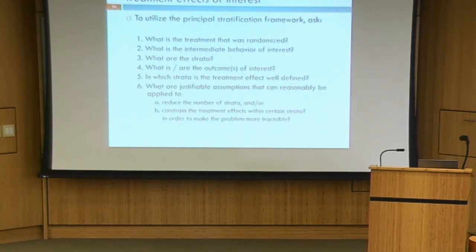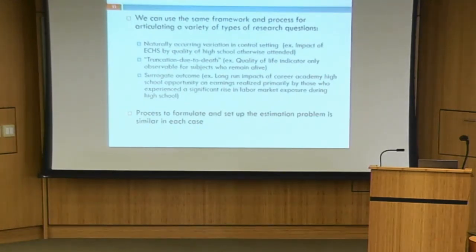Why doesn't it apply? I'm also trying to think of a difference. So a nice example is this sort of surrogate outcome example. And I think it relates to this SUTVA assumption, right? In principal stratification, the idea of strata membership really forces you down the road of thinking about strata. Membership in strata means that there are different kinds of people, right? Just like there are boys and there are girls. And so if I'm the kind of person who is going to comply and do just what I'm told, or I'm the kind of person that's going to experience a big change in exposure to the labor market, and I have big treatment